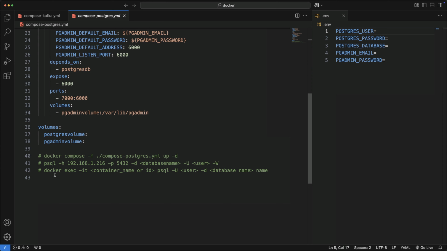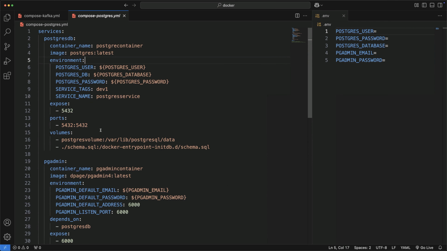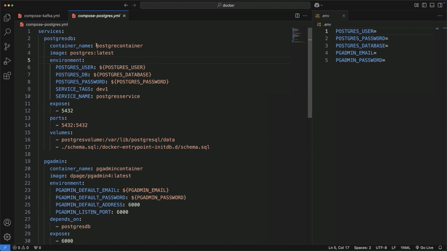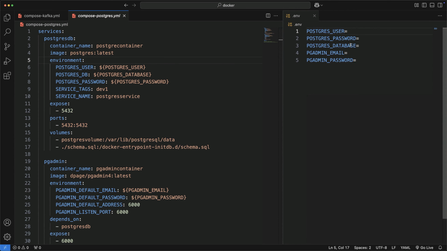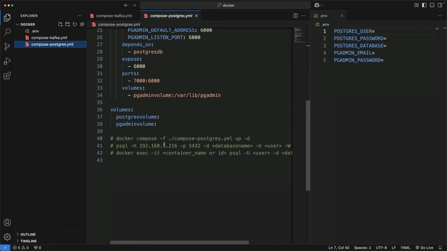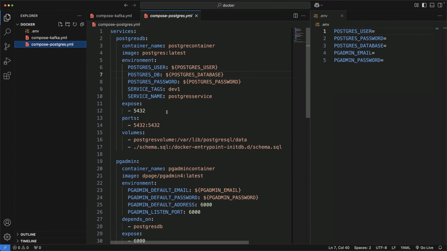And if you want to go inside of the container, then you can do that using this last command at the bottom. So you don't have to install Postgres, you don't have to install pgadmin. If you want to have the same setup that I have, you can just take this file and then run this command, and that will create the instances on your computer using Docker, and then you can just connect to them. So one for Kafka with Zookeeper, and then the other one for PostgreSQL with pgadmin. And the environment file is just a file where you can specify your username, your password, the database name, and an email and a password to connect to pgadmin. So those are these variables that you can see here. So take this folder, and if you have Docker installed, just run these commands that I put at the bottom of these files, and then you should be good to go to connect,